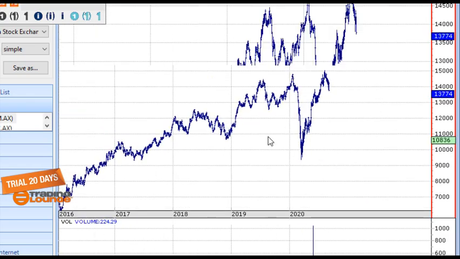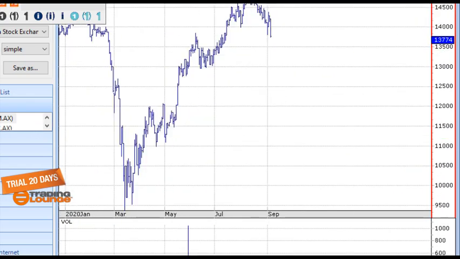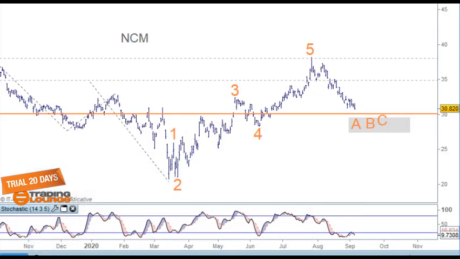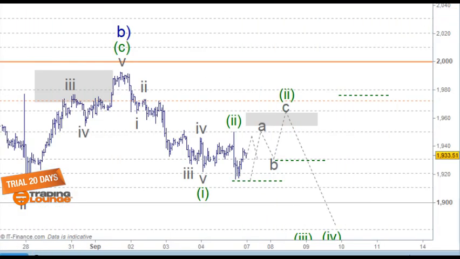That's okay. Just doing my own thing. Don't worry about that. So that's cool there. So that's NCM. Not looking at much there. So we also want to have a look at